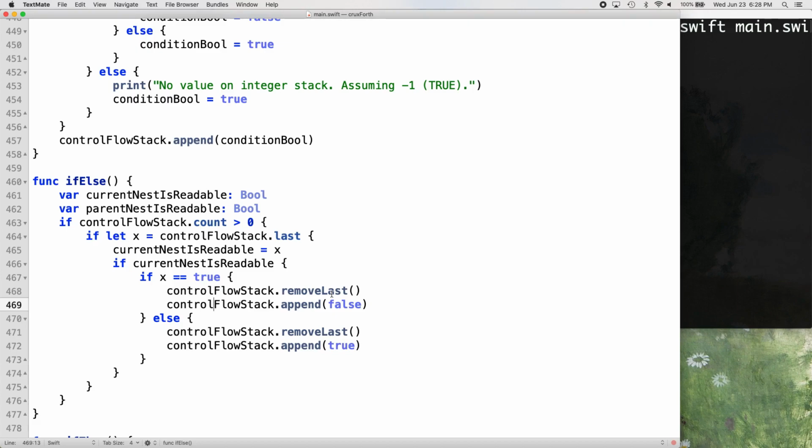So instead of appending one on there, we're just going to flip whichever one's on there so that it'll just be false. This else will never happen because if current nest is readable is the same as if x equals true. So yeah, this else would just never ever happen. But we do cover that down here. So if current nest is readable, else, and this would be this else basically,